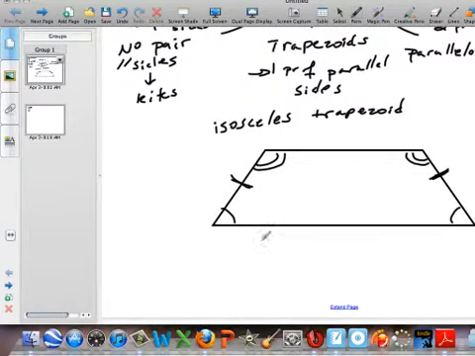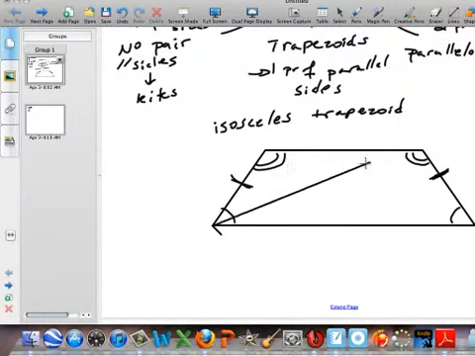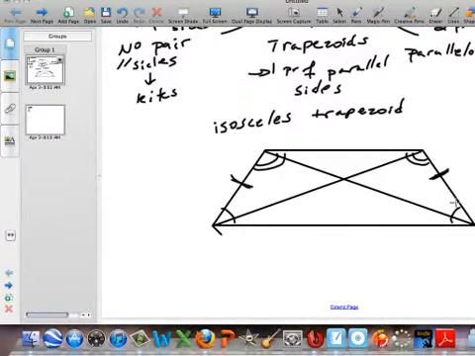Now, what's kind of cool about this is that if that's the case, then your diagonals will also be equal. So there's a lot of information here to take in, and I want you to make sure you get all this down. That if it's an isosceles trapezoid, your legs are congruent, your bases are parallel, and your diagonals are congruent. And we can actually prove this using